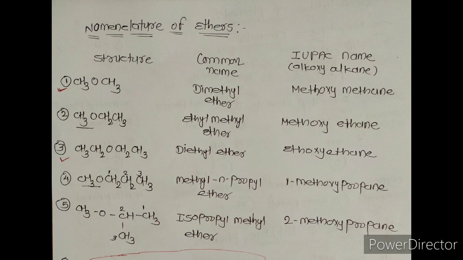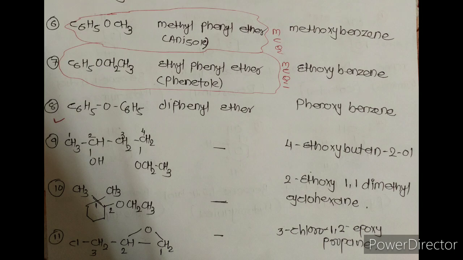If we are talking about its IUPAC name, then the long chain contains three carbons, on which the second carbon contains the methoxy group, meaning the OCH3 group is present on the second carbon, so its final IUPAC name is 2-methoxypropane. If we are talking about the sixth compound, it becomes